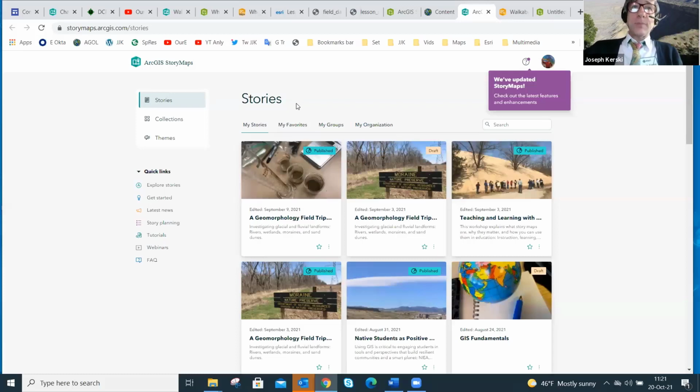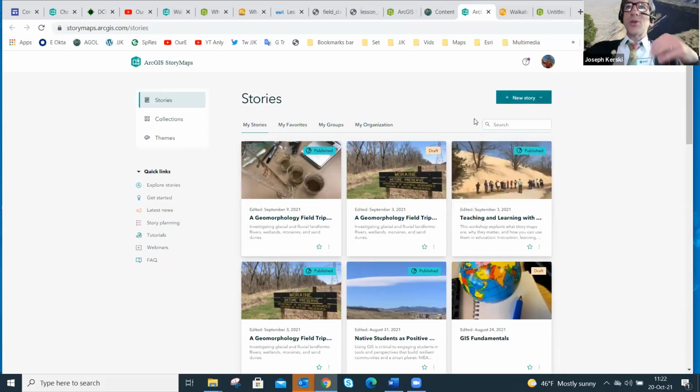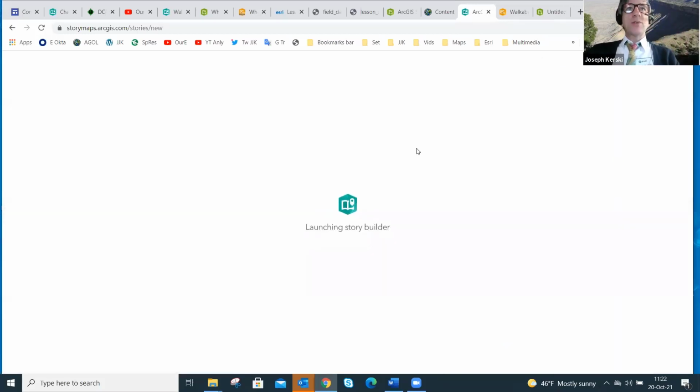But let's focus on this zone I've got now, which looks somewhat like the other construction zones we were using earlier. Gosh, that's great, but what if I want to create a new story? How do I do that? Here are my existing stories, and I've got a big button up here that says new story. Just like some of the other tools we've talked about, you can start from scratch or use some existing templates. I want to start from scratch just to show you that it's fairly straightforward.